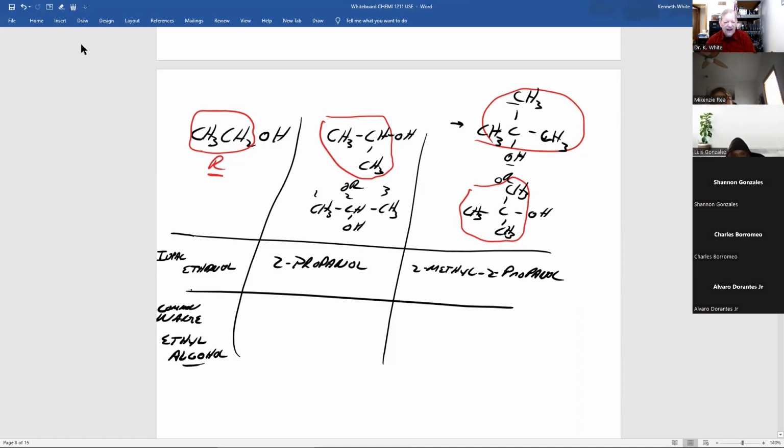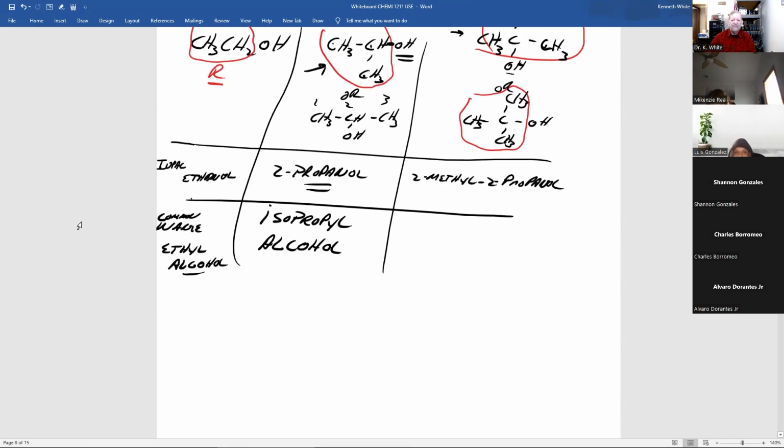Now, if we look at this compound, what R group is that? 3 carbons, center carbon bonded to something? That's an isopropyl group. And since it's an alcohol, the common name would be isopropyl alcohol. And if you take anywhere from 70 to 90% isopropyl alcohol,